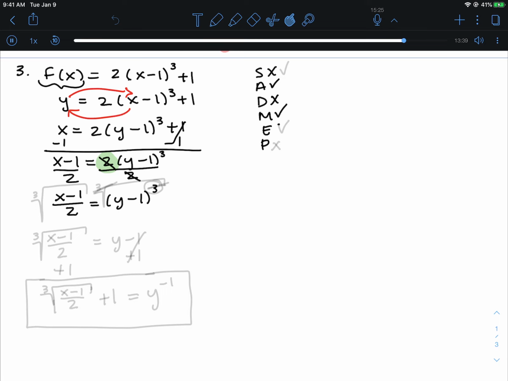Do I have an exponent? Yes, I do. How do you get rid of a power of 3? Cube root it. Remember, these two are opposites of each other. Now, am I going to cube root the whole fraction? You bet you are. Okay, so now I'm going to rewrite that as the cube root of x minus 1 divided by 2 equals y minus 1. So since this and this got canceled out, guys, you can actually get rid of the parentheses there because you don't need them anymore. The only reason those parentheses were there is because you had this power of 3. But now since that's gone,